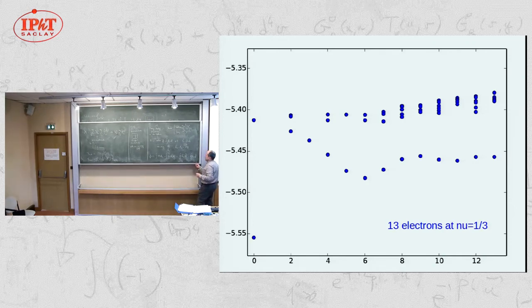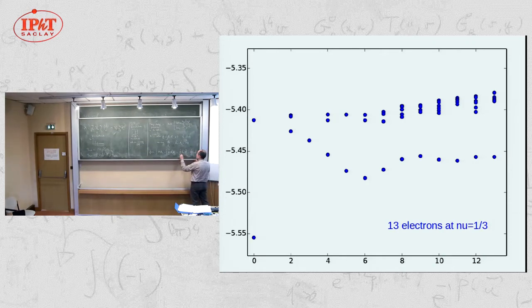And then it means that this is just the integral of the gradient of this gauge transformation between the two patches, which means that